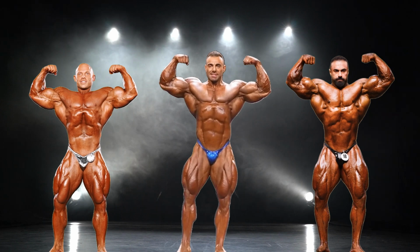Rafael has the most beautiful structure and lines, and great overall development and fullness, however he's the least conditioned out of the three. Now Behrouz has the freakiest upper body with the best biceps and arm definition, a ridiculously impressive V-taper with wide flared lats, and top-tier condition from head to toe. He does have the worst proportions though, especially when comparing his massive upper body to his stringy, lackluster outer quad